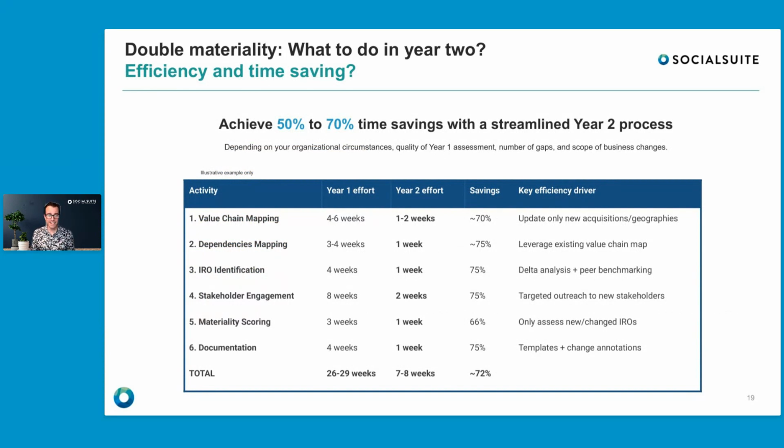So in an illustrative example, when we look at those key steps we just ran through, you can save a significant amount of time. We believe that between 50 to 70% in time savings can be achieved with a streamlined process, really focusing on that change and finding the shifts, the changes, and the gaps that we need to identify. What is new and what is changed. So this is something to keep in mind. Having a streamlined process in place can definitely save you a lot of time. And this is the thing that's on most people's mind: do I have to spend all that time, and often related to that cost as well? You don't have to if you systematically go through those steps.